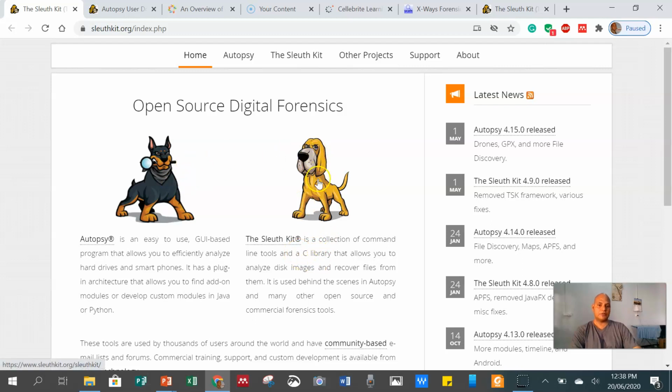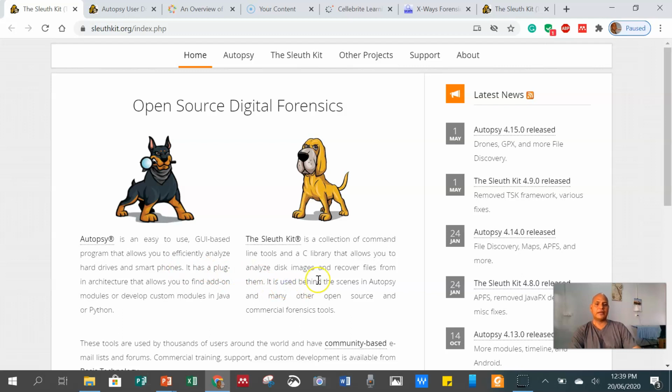So this one is supported by this one. But what is this one? This one is also a collection of tools that forensic scientists as well as forensic accountants can use to analyze these images, just as Autopsy can do, but